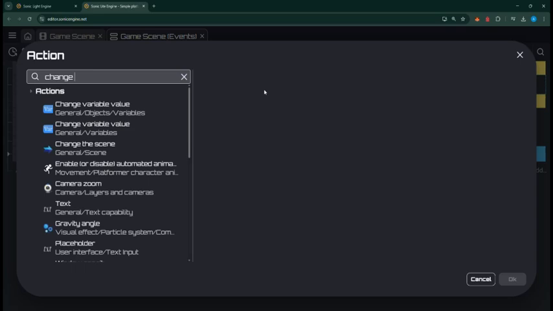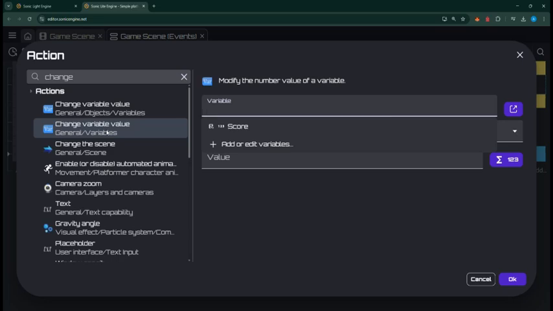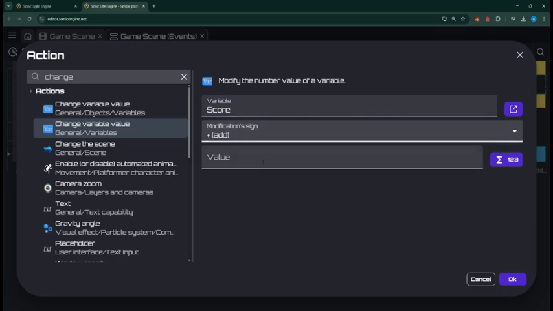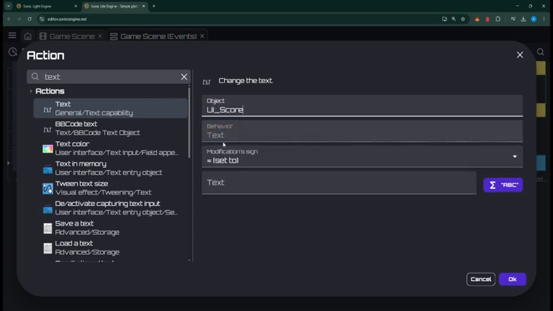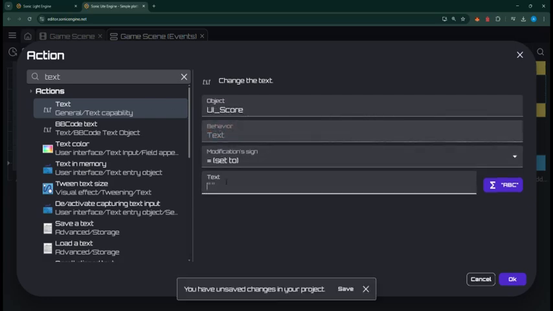We have two options: general object and variable, or general and variable. We'll use general and variable here. Since we already have a scene score variable, we will select it here. Set modification to add, increase the value by 1. Add another action: modify text, object UI score, modification sign set to equal, and text: score colon plus score, and